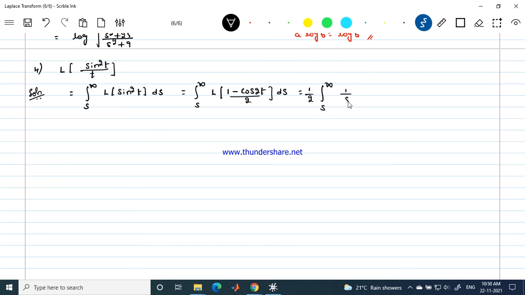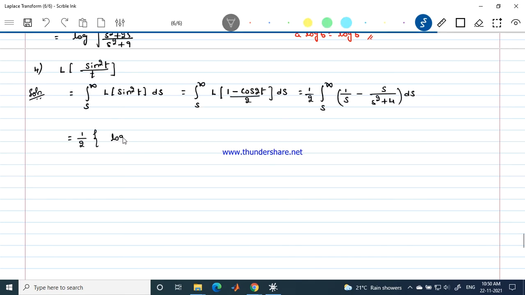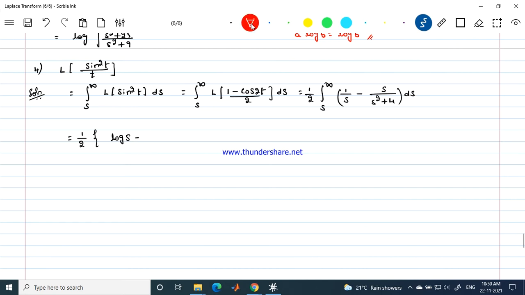Laplace of 1 is 1 by s, minus Laplace of cos 2t, which is s upon s square plus 2 square, which is 4. This is equal to 1 by 2. We know the integration of 1 by s is log s, minus, 2s is the differentiation of s square plus 4. So it becomes 1 by 2 log of s square plus 4